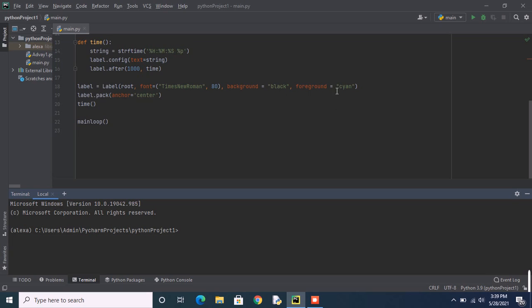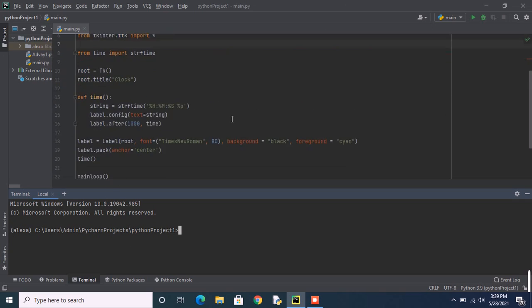The foreground, which is nothing but the text color, is cyan, and the label pack anchor is anchored to the center, and the time, and the main loop. This main loop means that the time is repeated again and again. That doesn't mean that it will be the same, but this cycle will keep going on forever till you stop running this. So guys, everything is good.